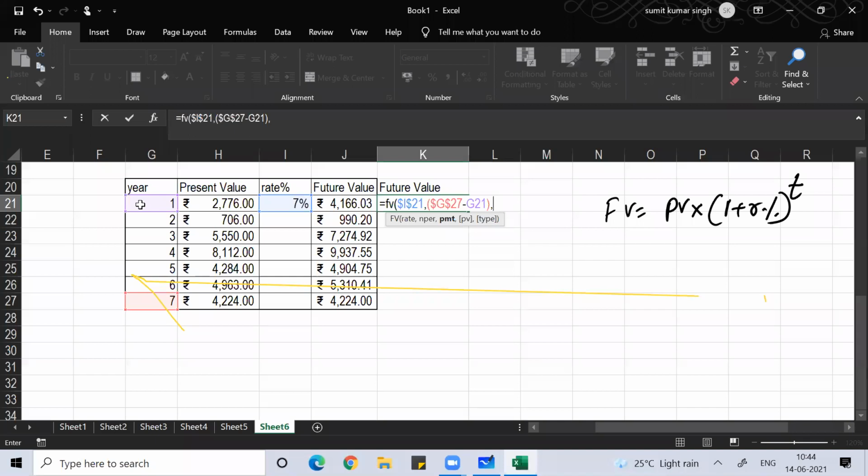Lockdown or not, he is least bothered. I have to give him rent. The rent I pay at the end of every month is constant, and the time period of payment is also constant. So it's an example of annuity. The EMI you give on a loan is annuity. The pension is annuity because the time period is the same.